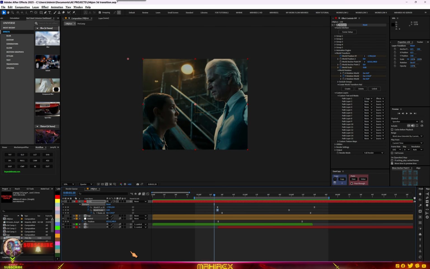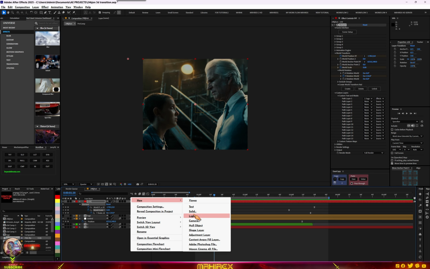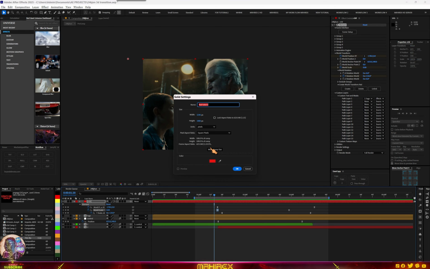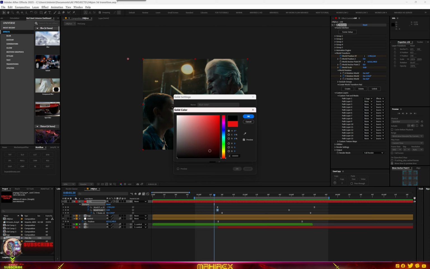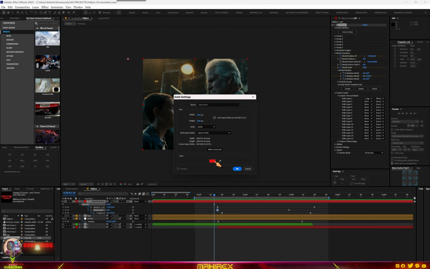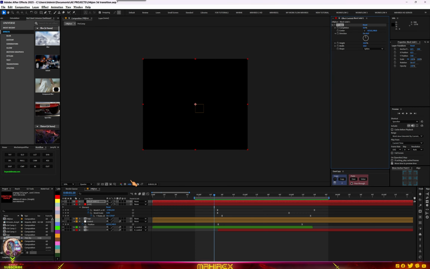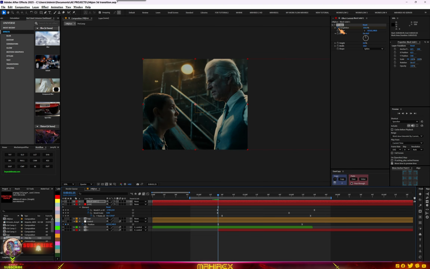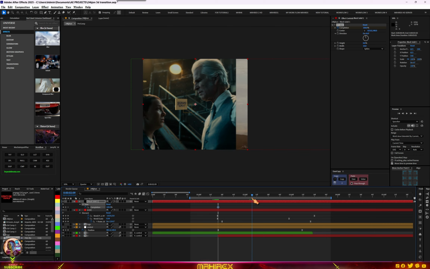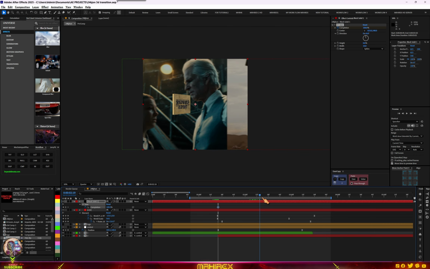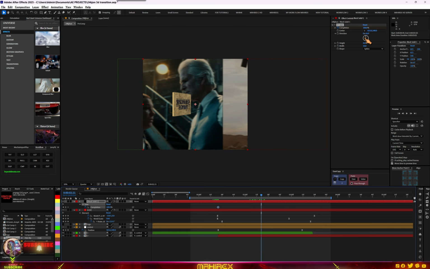So now right click, add a solid, choose a dark color, that's black. Add your CC Jaws to this black solid. Make sure the height is on 0 and completion 100. We're going to make a keyframe. Hit U on your keyboard to reveal keyframes. So when it gets here, we are going to also make